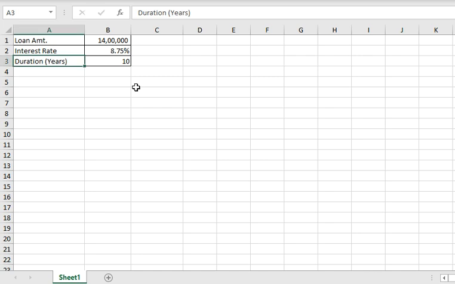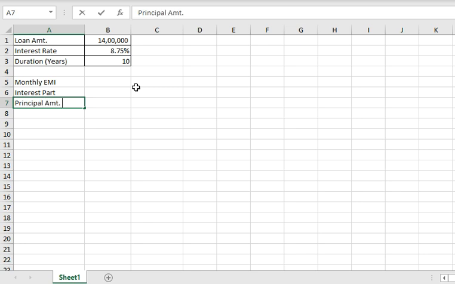I have taken the example of a home loan. The principal amount is 14 lakh, the interest rate of this loan is 8.75%, and the duration is 10 years. I have three queries. First, what would be the monthly installment, the monthly EMI? Second, what would be the interest part in this monthly EMI? And we would also like to know what principal amount we will be paying in this duration